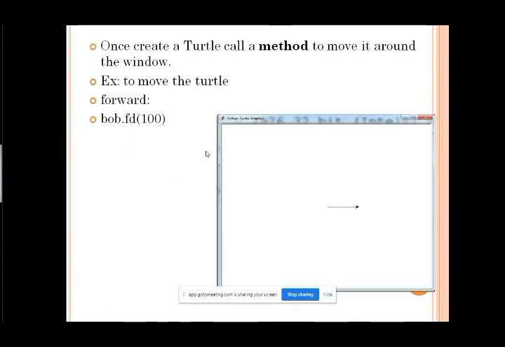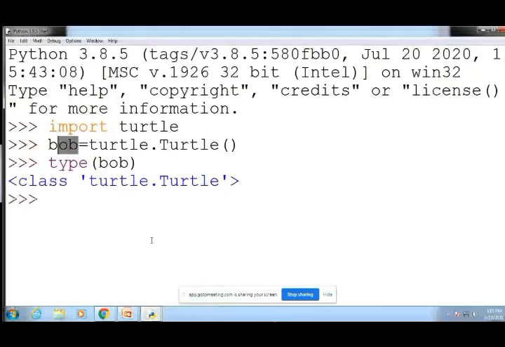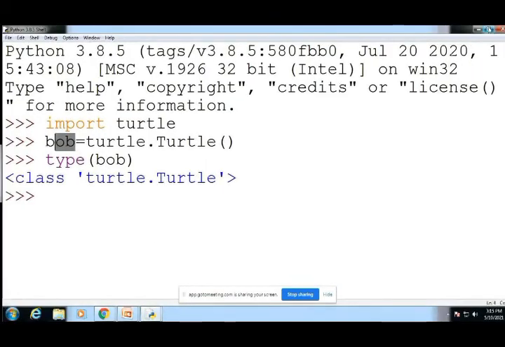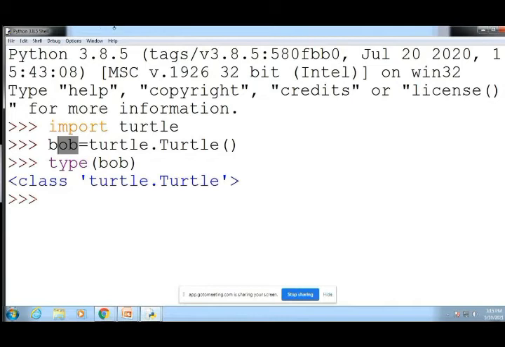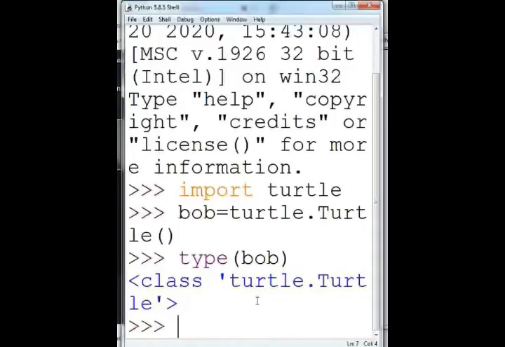Now we will execute this fd. Here you will use the command. It is good to place the two windows side by side, then you will easily understand. FD is one of the commands, for forward.